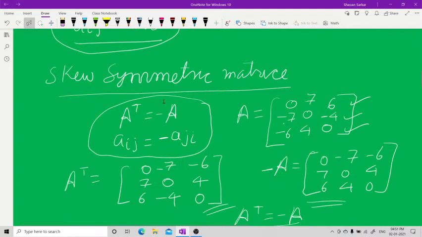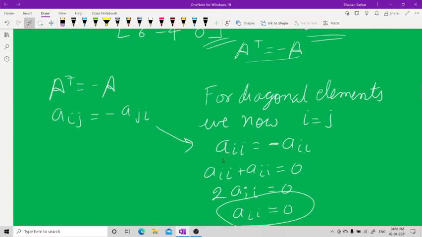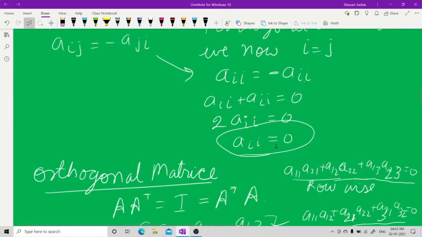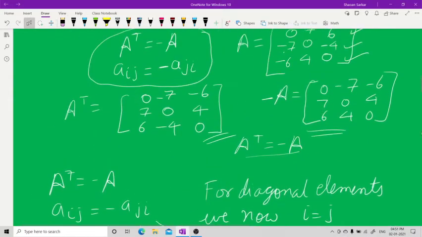Now in the skew symmetric matrix, A transpose is minus A, Aij is minus Aji, and I told you the diagonal elements are 0, which I explained in the last lecture. Why are they all 0 for the diagonal elements? Because on the diagonal the i and the j are the same, as in A11. So this is also 1, this is also 1, this is also 2, this is also 2. Similarly for 1 1 and 2 2. So this becomes like this. That's why the diagonal elements are always 0.